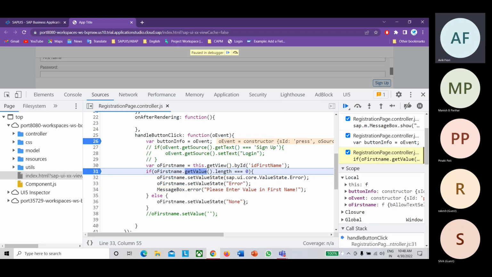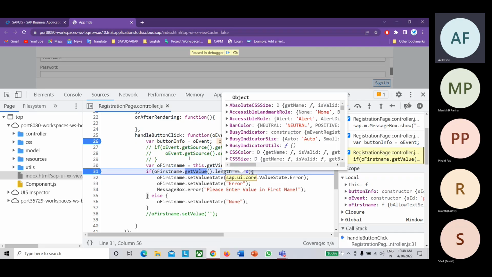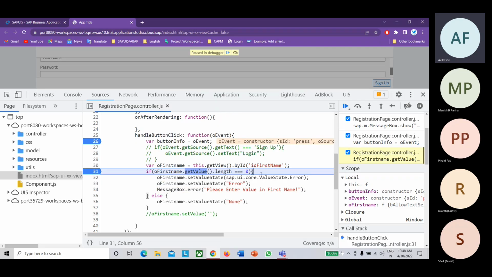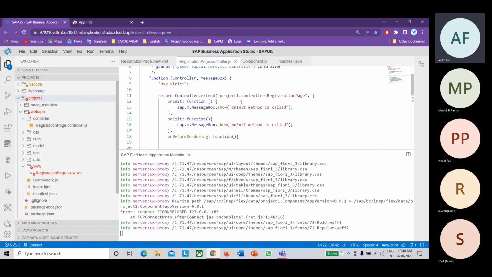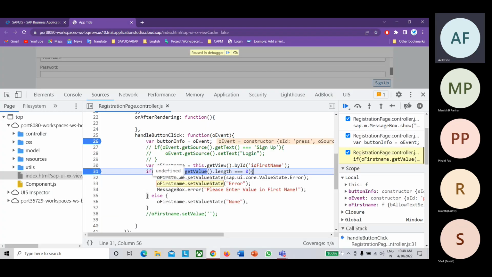But one thing is there. Let's say you're making some changes in this, and as soon as you do Control S, whatever change you make will be temporary. It won't be saved in the original code. It would be available only temporarily for that session. Once you reload it, whatever change you made will be gone. So if you're building some logic in this developer tool while debugging, make sure that you copy that code. Otherwise, as soon as you reload, that code will be gone.